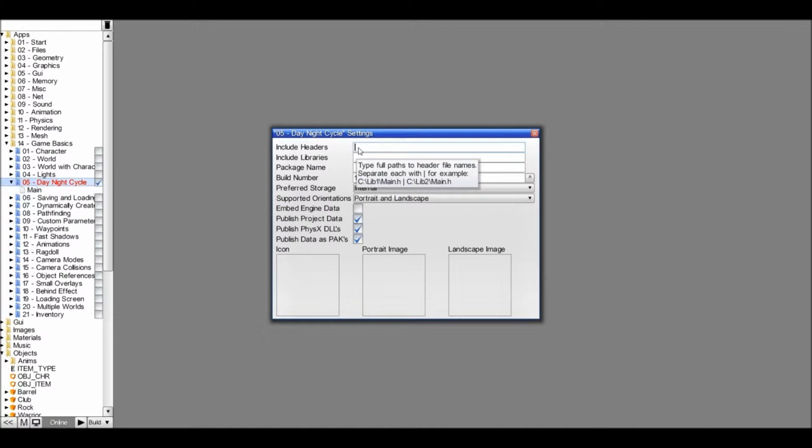So for the case of the standard template library, you just say the name of the header. However, if it's another library, like your own library or something, you have to include the full path. You can see it says type full path of header file name, header file names separated with that symbol. There's some examples. So for STL,